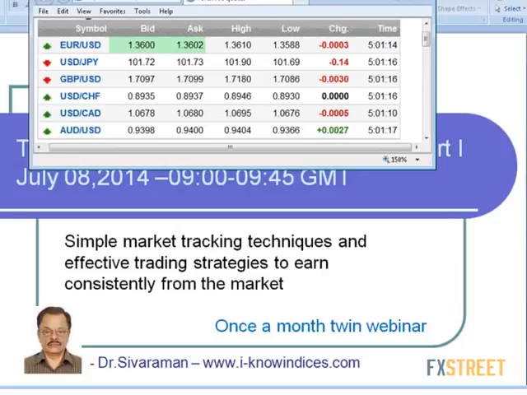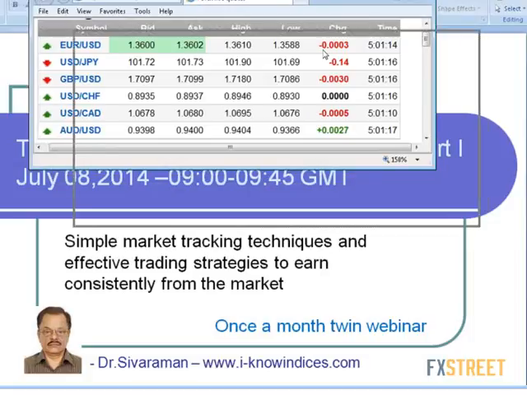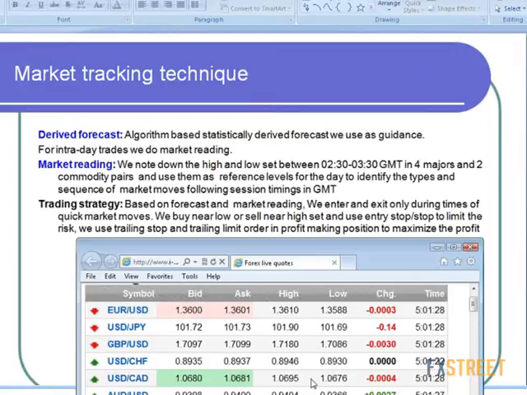For that, I use the live market quote page, and this is the live market quote page. With the help of it, we'll be able to see where exactly the market is, whether Euro, GBP, USD Yen, USD CHF of the majors are showing the USD weakening or the USD gaining move, or the mixed move or the contrarian move. And what about the two commodity pairs, Canadian dollar and Australian dollar, whether they are making the USD gaining or the USD weakening move. We try to identify it with the help of the net change. And this net change,